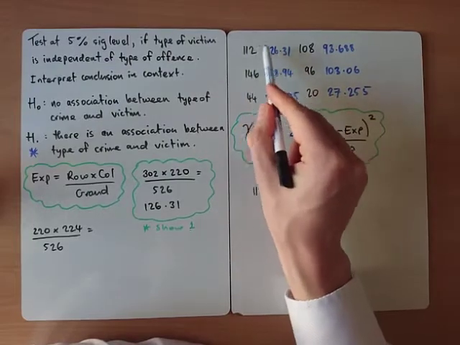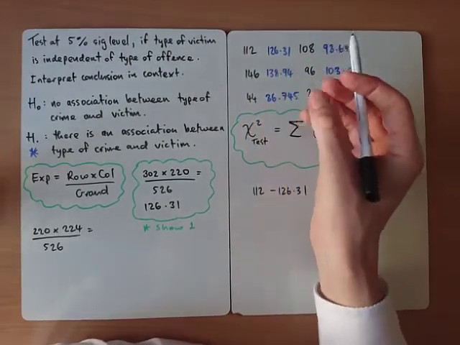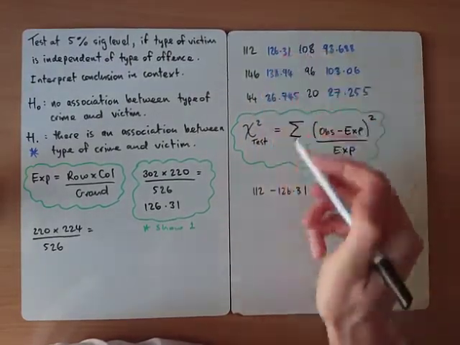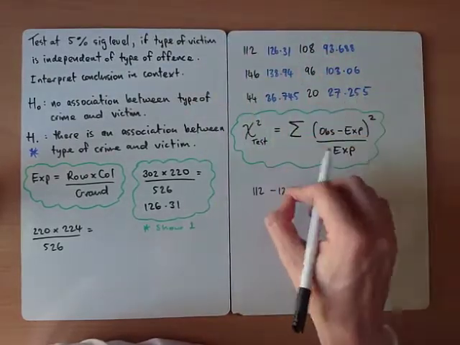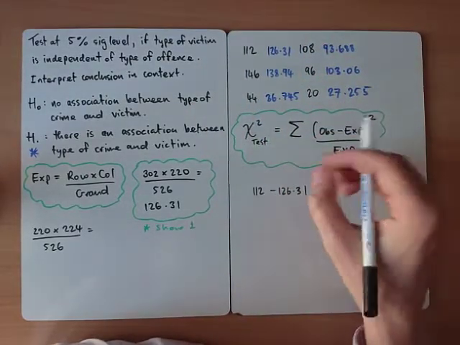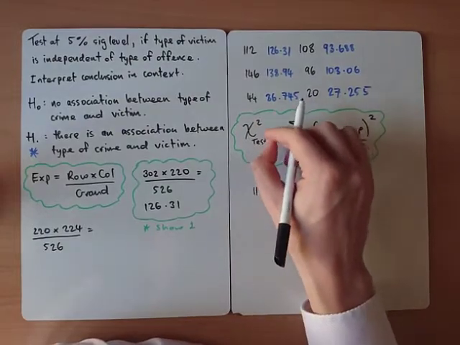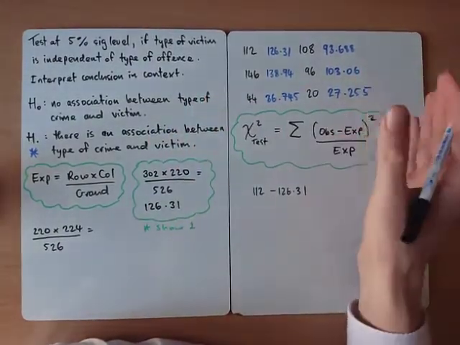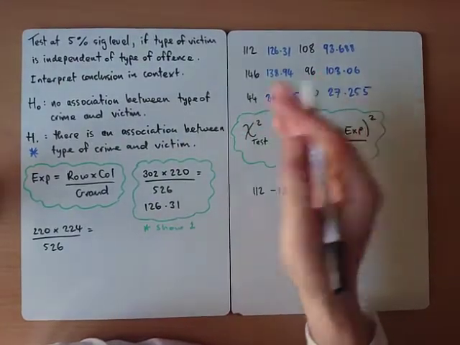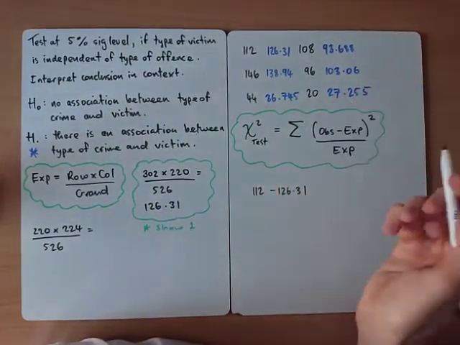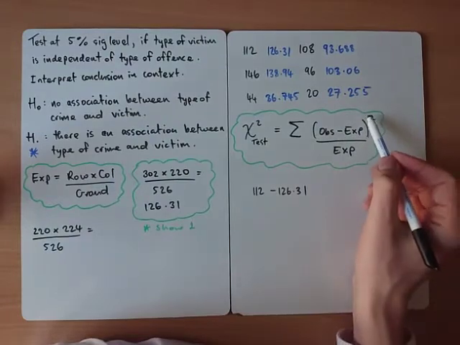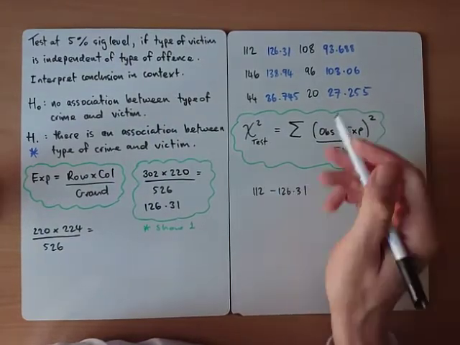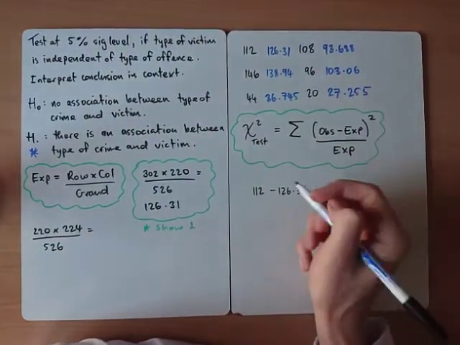When we're subtracting them from each other, mathematically what we're doing is figuring out how far away they are. If they were close to each other, these would be small numbers. If they're far away from each other, these would be large numbers. And the size of this value is going to help us determine if they're far away from each other, something's going on. If they're close to each other, there's nothing really going on, there's no association. The reason we have to square it is that if we just subtracted, some would be positives and some would be negatives. So we square,